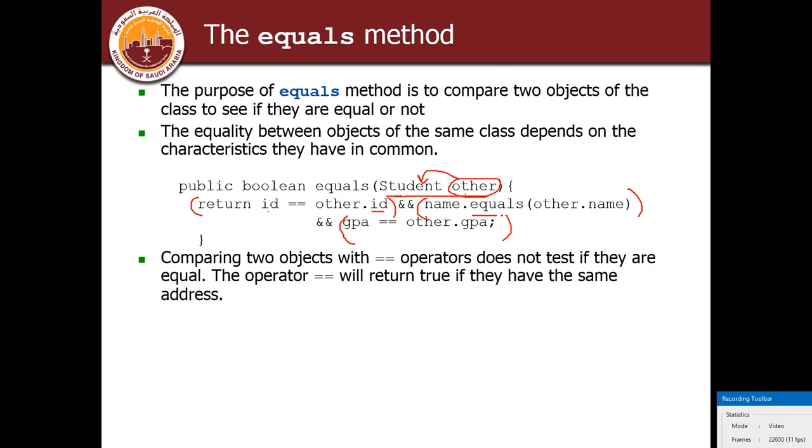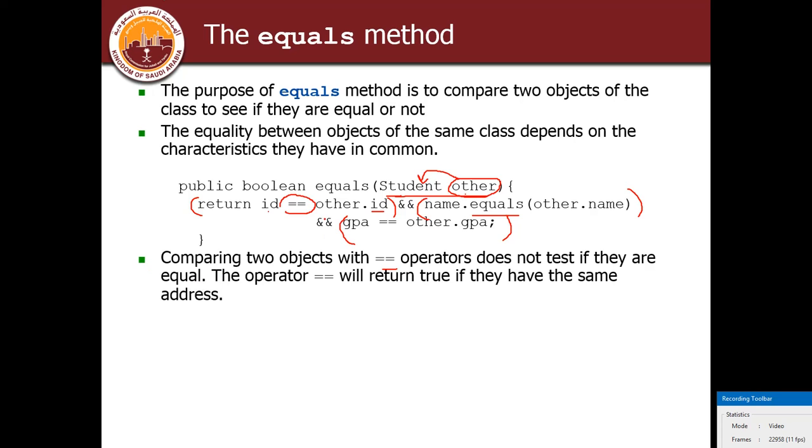Now here we have used the name dot equals method, and here we have used the equal to sign. So let's check what is the difference. Comparing two objects with equal to operator does not test if they are equal. So if we are comparing between the objects of the class, using equal to operator will not test them.